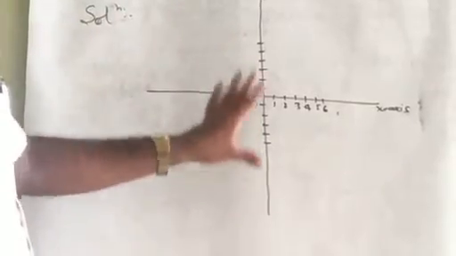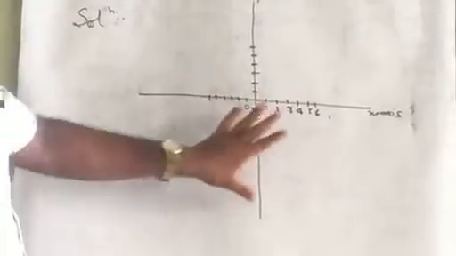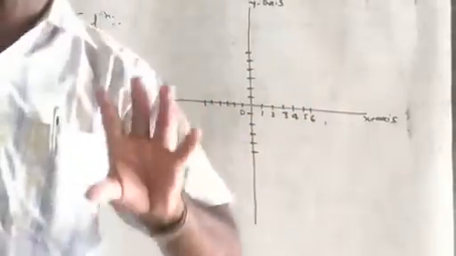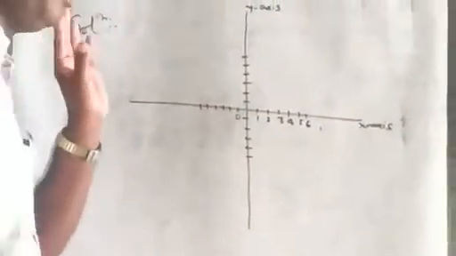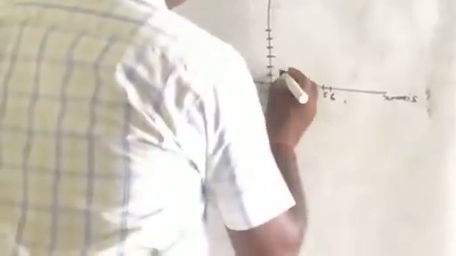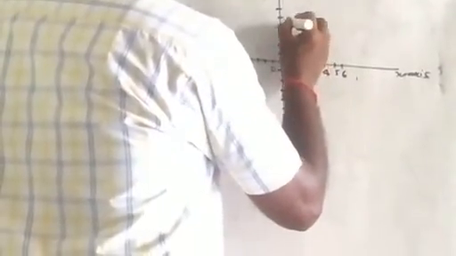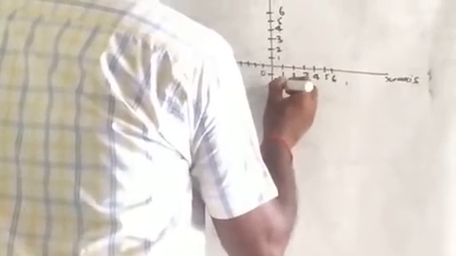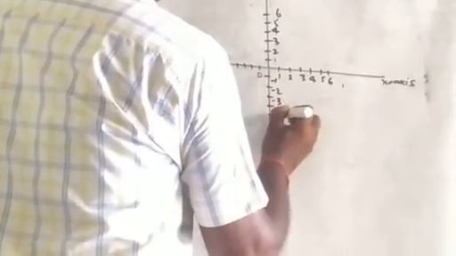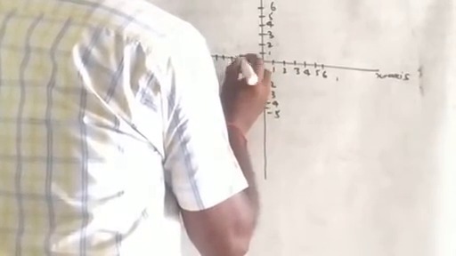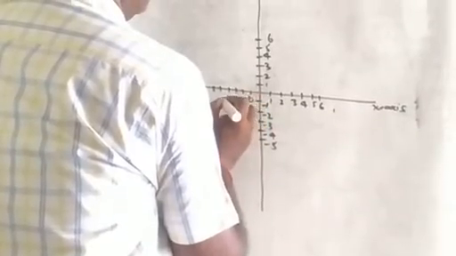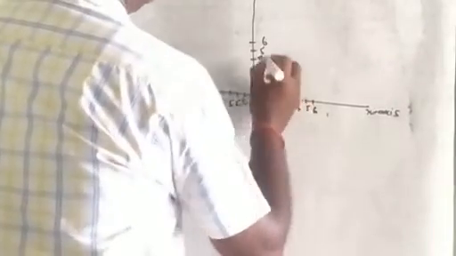Here I am explaining this question, I am not representing it on graph paper. In some places you see a small distance, but you will take 1 unit as 1 square on the graph paper. Don't make a mistake there. 1, 2, 3, 4, 5, 6. Minus 1, minus 2, minus 3, minus 4, minus 5, minus 6. You see A, 2, 5: 2 and 5.